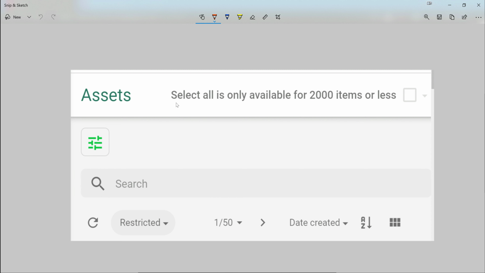You would get this message as soon as your overall assets crossed 2000. Select all is only available for 2000 items or less. So if you want to delete more than 2000, then you will not be able to select. You can only select 2000 at once, page by page, it is so painful. And that is the reason in those scenarios, code would be very helpful.